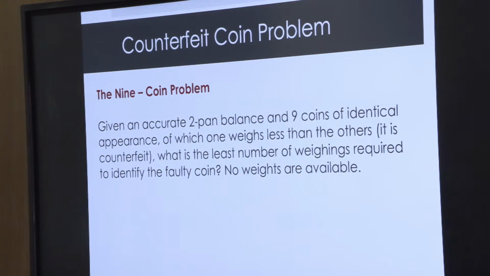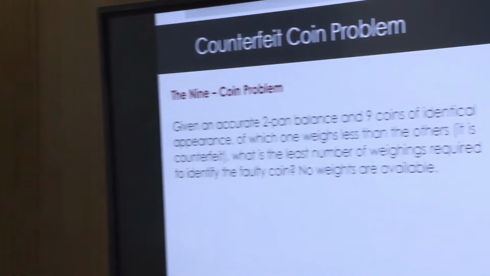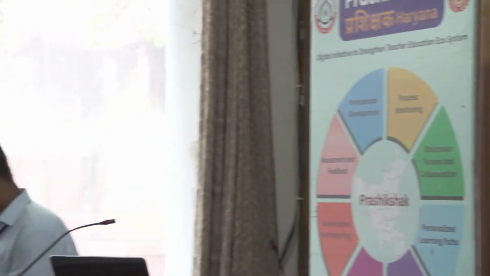So there are 9 coins which look exactly the same. We have to weigh, obviously you weigh some against each other, but what is the minimum number of weighings needed to identify the faulty coin? So I have got one answer from Fozia, who says two, right? Two. Everyone says two? So you're saying that minimum. It's the minimum number of weighings which would lead to identifying that faulty coin.